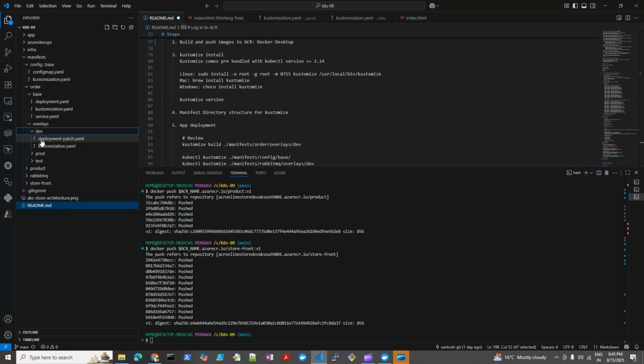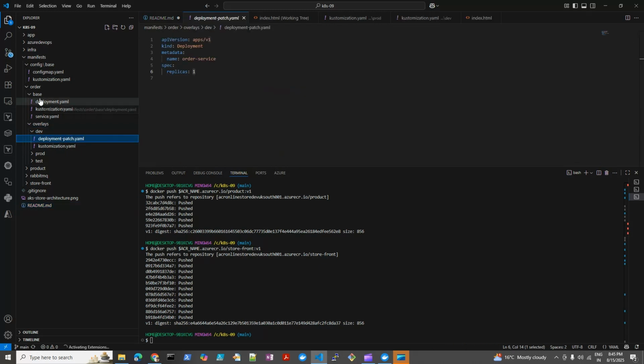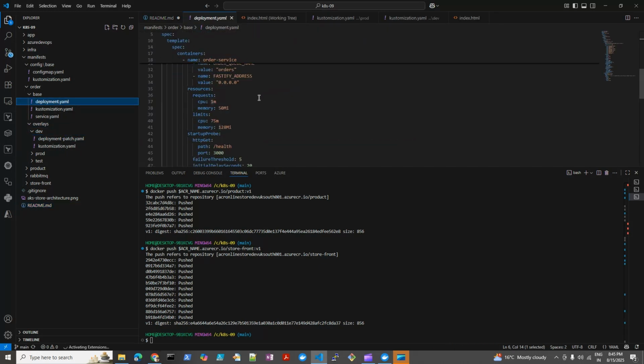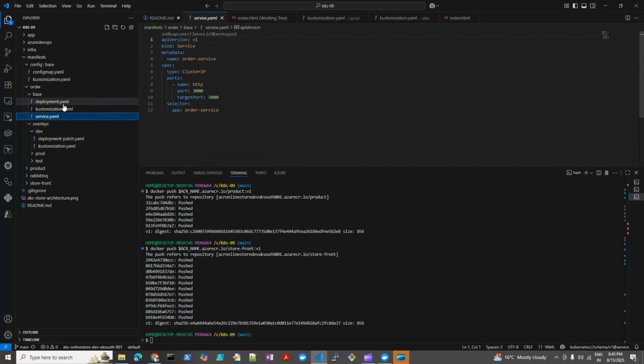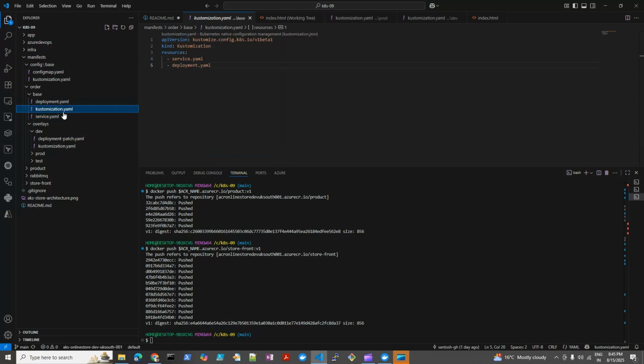Okay, so what we are going to change for that specific environment, we need to update here. You can see here in base deployment, this is our base deployment YAML for the order service, and this is the service manifest. We also have to declare a customization YAML file where we mention what manifest files we are using for that particular service. You can see here deployment and service, two manifest files are available, and that we need to mention here